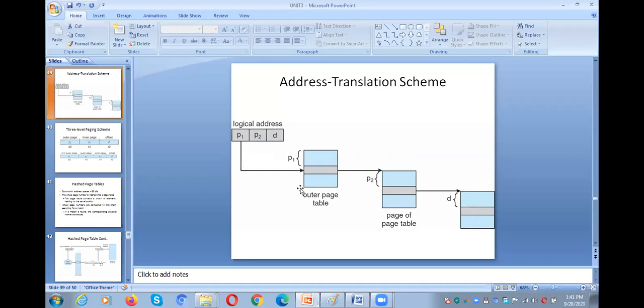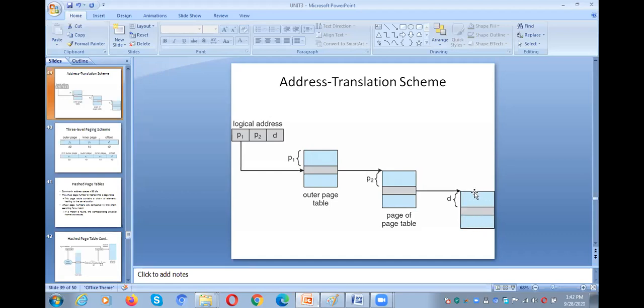Okay, I repeat once again. P1 is the outer page table. It is an index to the inner page table. If you go to the inner page table, then you get the frame number. Frame number means the starting address, the base address of the frame. Frame is a part, a partition, of the main memory.